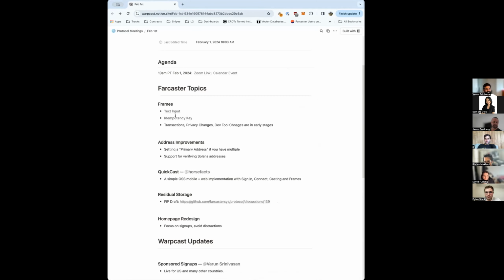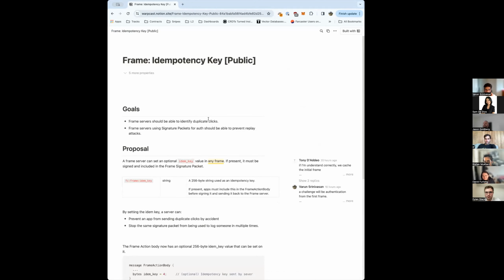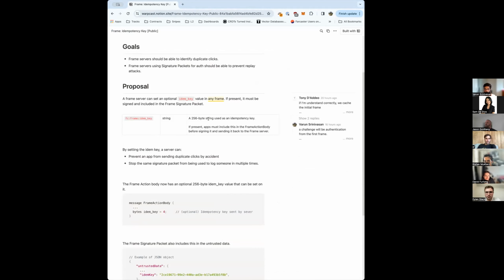Let's keep going. The next one we have is the idempotency key. So the thinking behind this, the original goal for this spec, was two things. One is if a user clicks the same button twice while looking at the frame, or a Farcaster app sends you the same signature multiple times, it's kind of a pain for apps to deduplicate these things. The second goal was, we've seen some folks starting to use the redirects for auth. So you send someone to another site, and then you use the signature for authentication. The one tricky part with this auth model today is if someone were to capture that signature somehow, they could replay it and log back in as the user into your website, which isn't ideal.